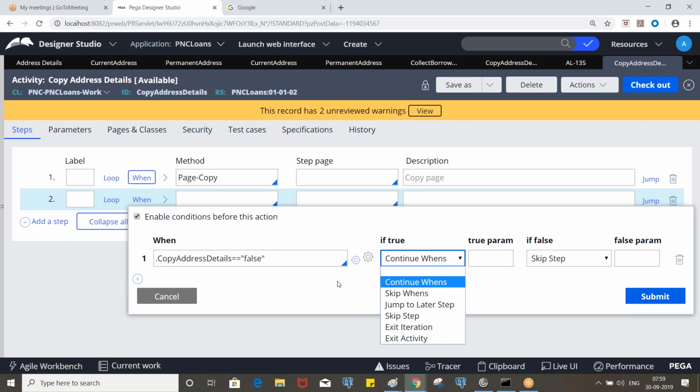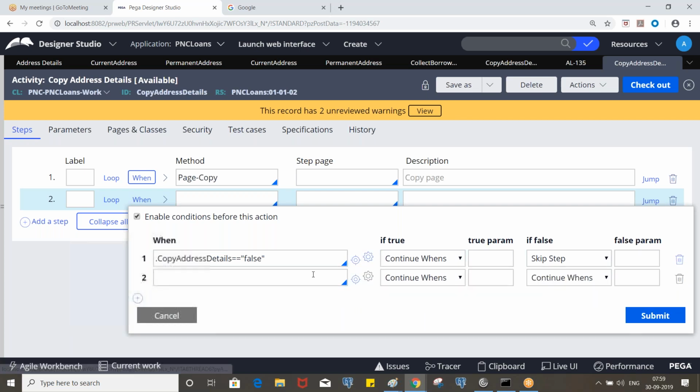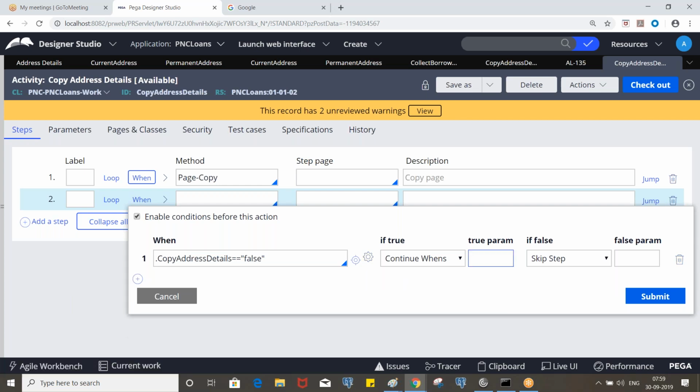Okay, when this matters is like, let's say again I have one more when rule. If this is false, I don't want to check the second step. So in that case, you can skip when. So it will not execute the second, third, fourth, whatever you have. Those when rules will be skipped. Continue means it will check another condition if it's specified, and based on that again execution will be done. Okay, clear? So since we have only one step, if it is continue, the method will be executed.